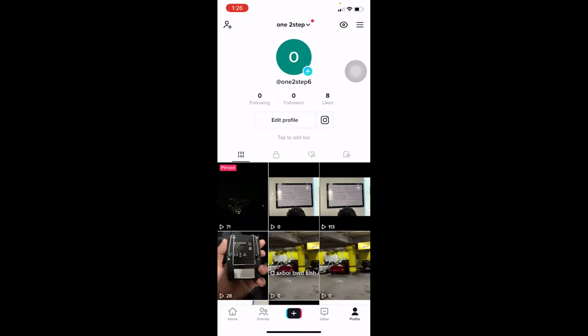Alright, in that case, the first step is to check your internet connection, because sometimes due to poor internet connection you can't connect to the TikTok server. That's why you can't log in to your account. So make sure to check if your internet is fast enough for you to run TikTok properly. And if it is fast enough and you're still facing this problem, the next step is,